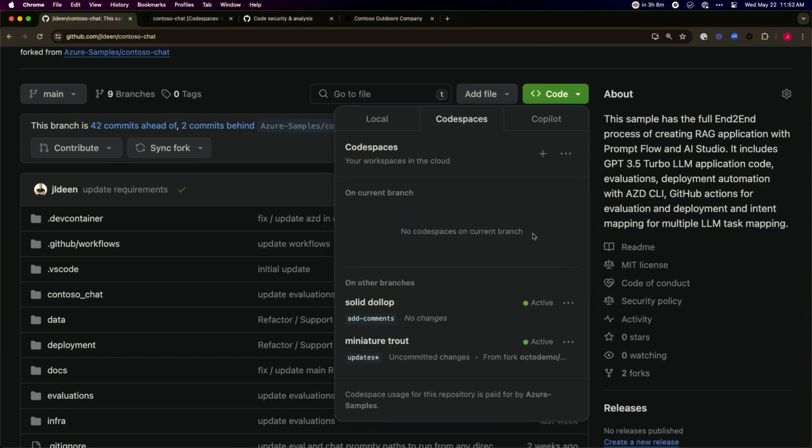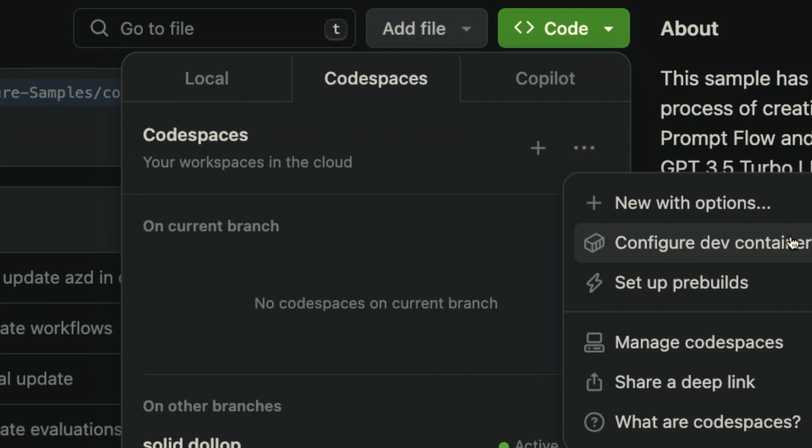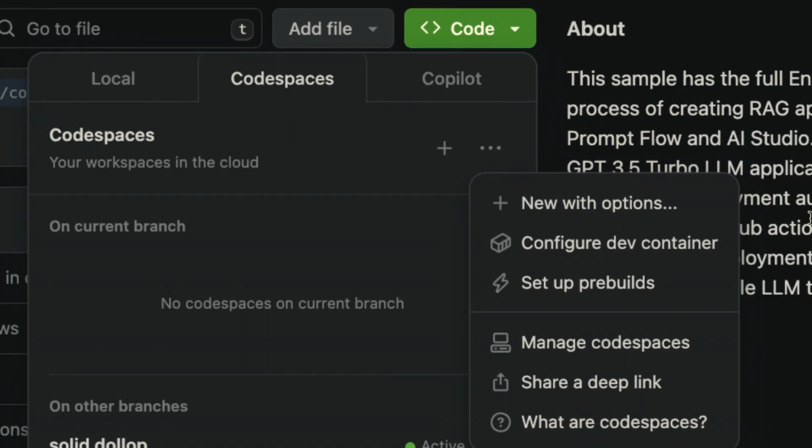Now, in my case, I already have Codespaces that are pre-provisioned. In the event that I didn't, I would see a big green button right here that would prompt me to create a Codespace. Alternatively, another way I could create a Codespace is to click this plus sign right here, where I could create a Codespace on my main branch. Or I could click the little dots, where I can actually create a Codespace configuration. And this will help me set up what's called a dev container. This is where I get to start defining all the extensions, all the binaries, everything that I need for my